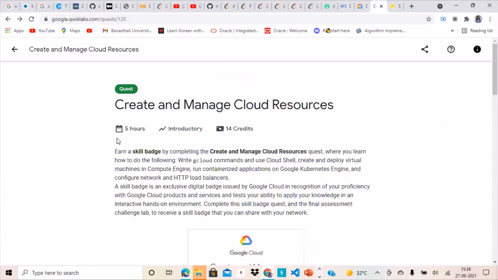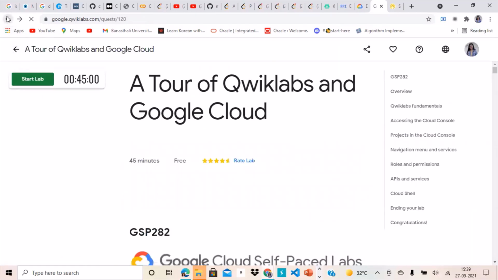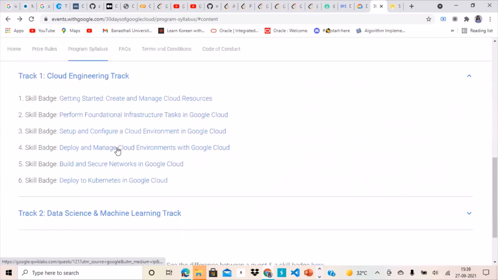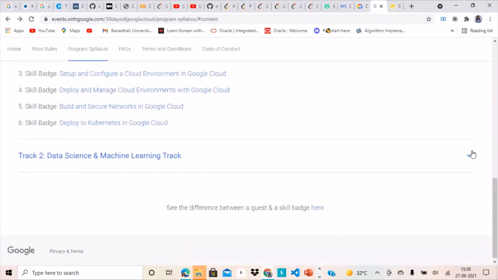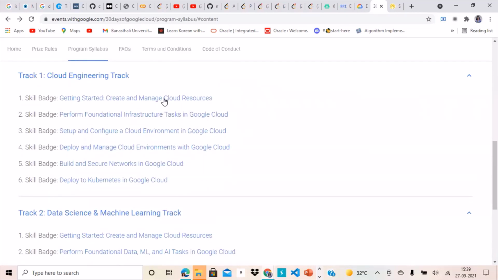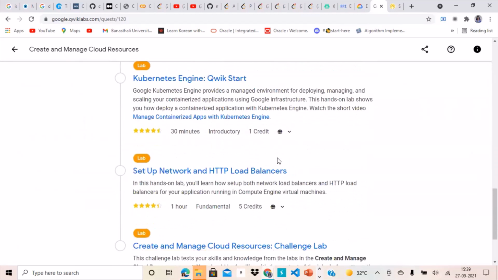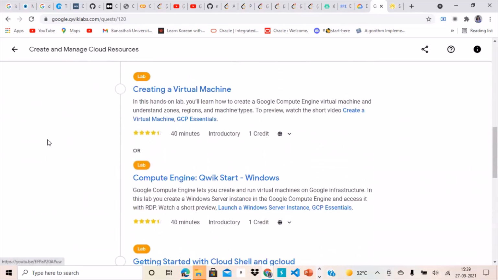The target for this week is to complete one skill badge of the labs that you have chosen, right? If you have chosen both the tracks, then you should complete the first skill badge of both tracks, which is the same. Please complete skill badge 1, which consists of approximately 7 to 8 labs, by the end of this week.